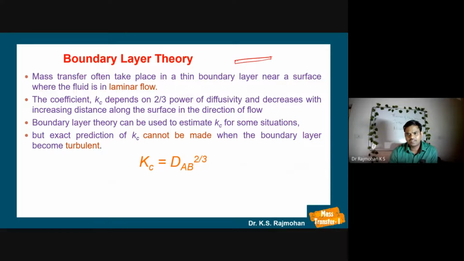Okay, and we have another boundary layer theory which we have seen already also. Flow past a flat plate, the boundary layer is a laminar sublayer, viscous layer, okay, and then a transient region and then turbulent regions are there, right? So according to this theory, Kc value is proportional to DAB power 2 by 3. Okay, so this boundary layer theory is what we have been discussing, right? In the case of a conduit also, we have seen the profile to be flat here. So based on the boundary layer, we know that the boundary layer will be varying like this in a fully developed flow.